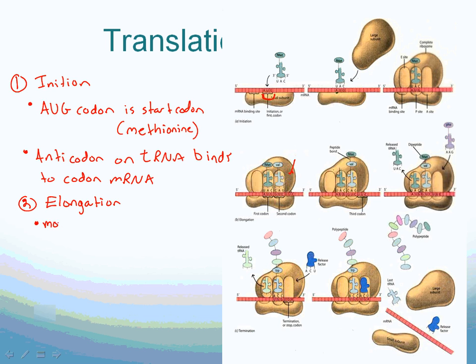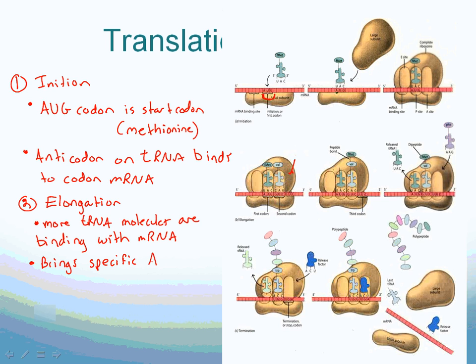So more tRNA molecules are binding. That just means joining with the mRNA to match it up. What this does is it brings specific amino acids, and I'll just put AA,